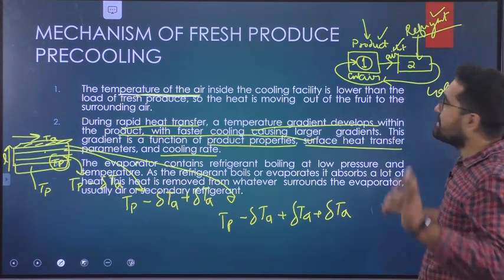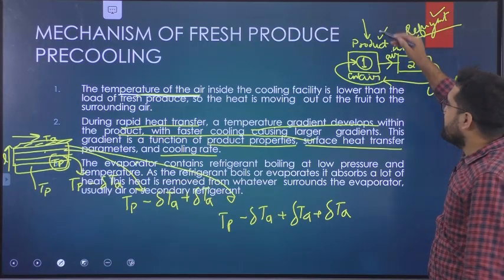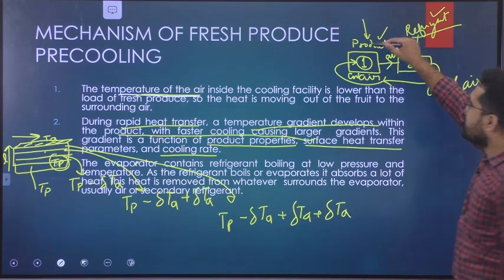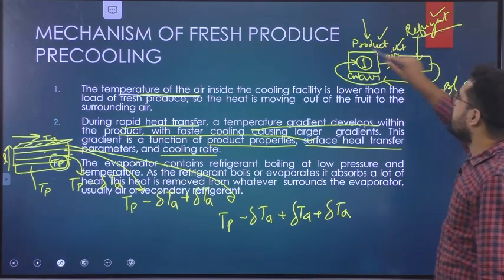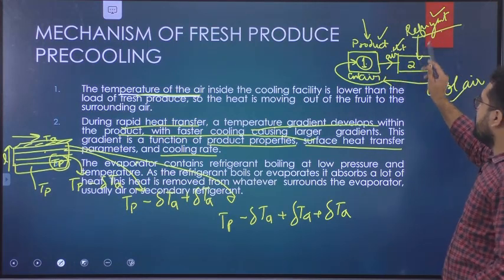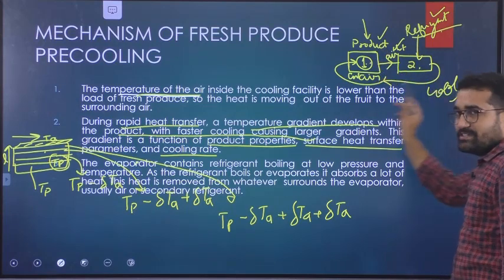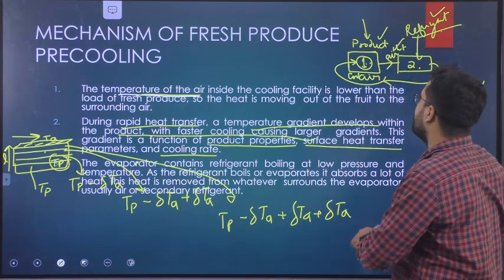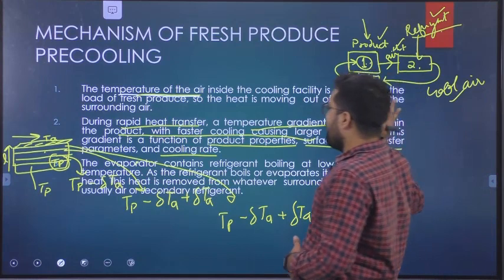Anyway, air is air; the temperature of air is changing. Actually the temperature of everything is changing with time in this system. We have three things: product, refrigerant and air. Air is circulating; product and refrigerant are constant in two chambers. In this chamber refrigerant will be there, in this chamber product will be there. Only the air is circulating and carrying the temperature from one chamber to the next. Clear? So this is how it works.